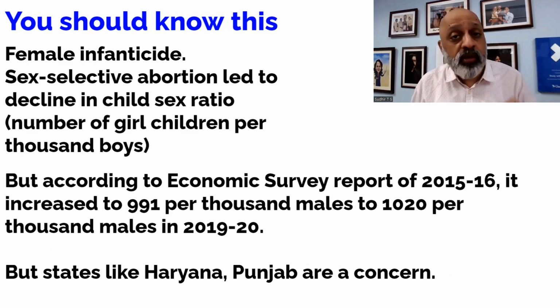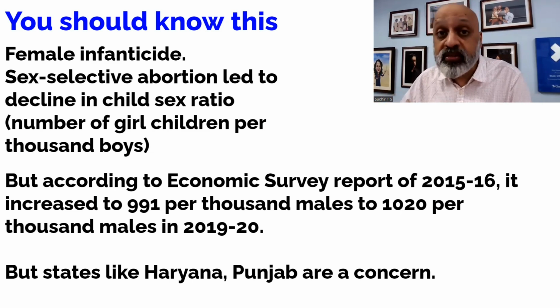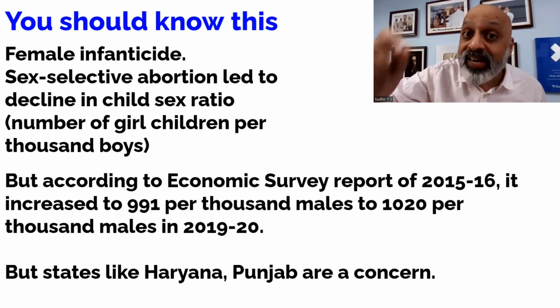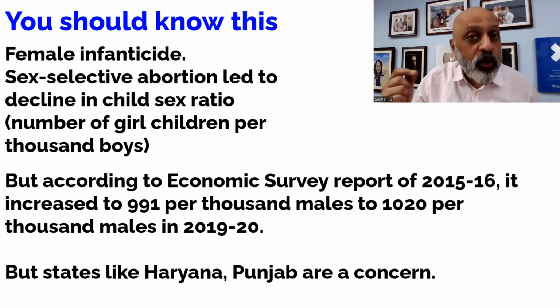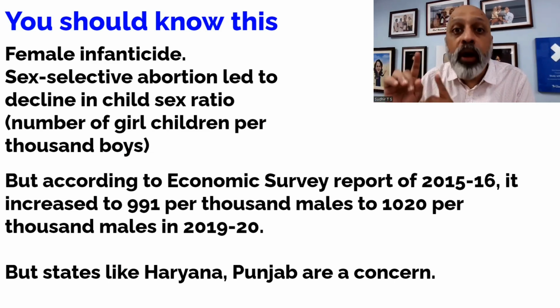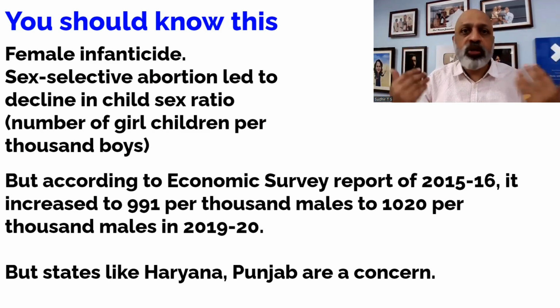You should also know about female infanticide, which means you kill the female infant as soon as she is born, right? There is also something called feticide, where you kill the female fetus after the ultrasound reveals the sex of the child, which is why it is illegal to reveal the sex of the child or to even ask for the sex of the child, right? Because it leads to sex selective abortion, that if it's a female child, you abort the child because we want only a male offspring. That is the notion in many